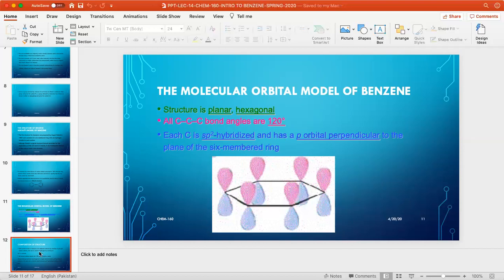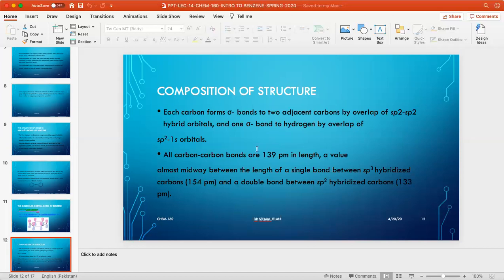Okay, next we come to this: all carbon-carbon bonds are 1.39 Å in length, a value almost midway between the length of a single bond between sp3 hybridized carbons, जिसका 1.54 है, and a double bond between sp2 hybridized carbons, जिसकी 1.33 है. So जितने भी जो bond lengths हैं बेंजीन के अंदर, they are the average of single bond length and double bond length. So that's why in one structure, if a double bond is there, in the second structure it is converted into a single bond. So that's why these double bonds and single bonds really